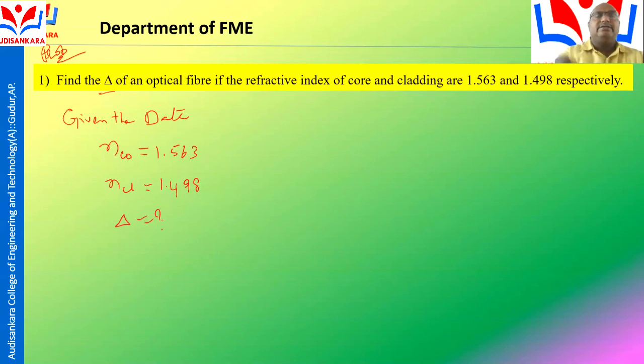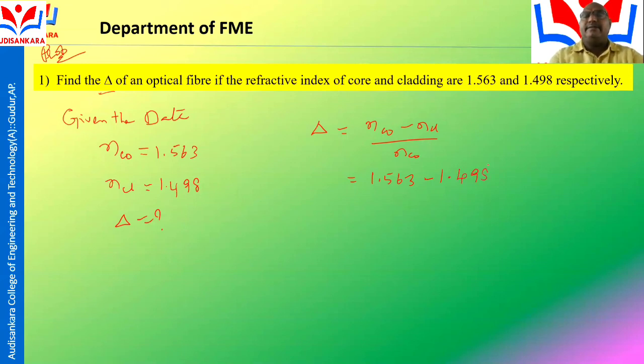Delta. So the delta formula is (NCO minus NCL) by NCO. So the NCO value is 1.563, minus 1.498, by 1.563. So, my dear students, please raise your hand. The problem answer is